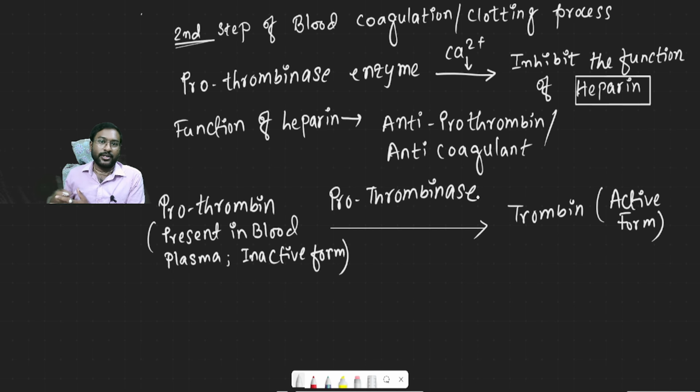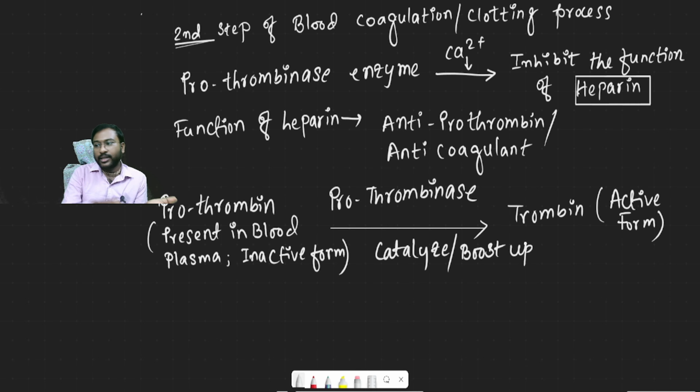As a result, prothrombin converts into thrombin. Prothrombin in the blood plasma is inactive, and when thrombin appears from prothrombin, it becomes active, and along with thrombin some other small peptide